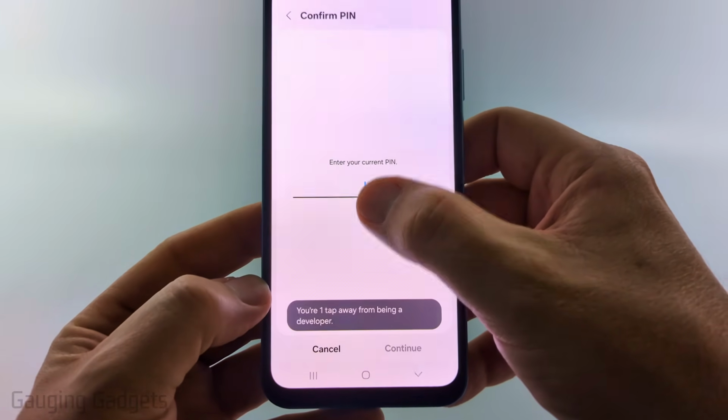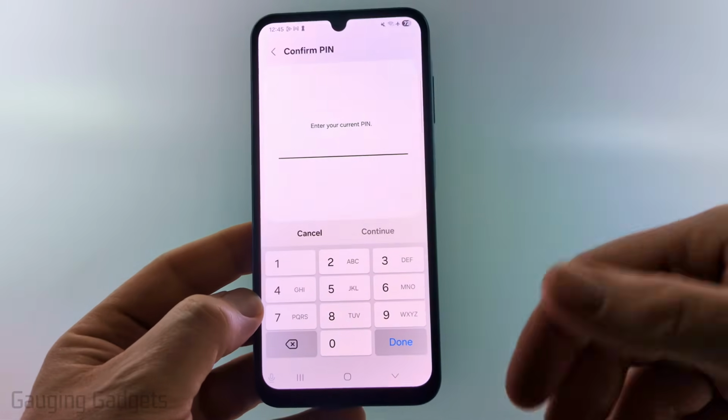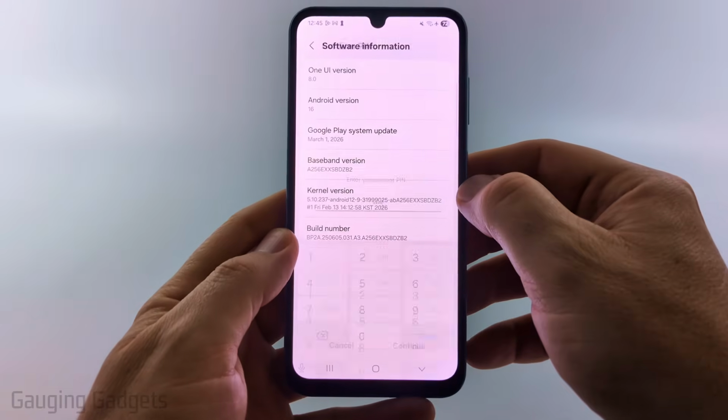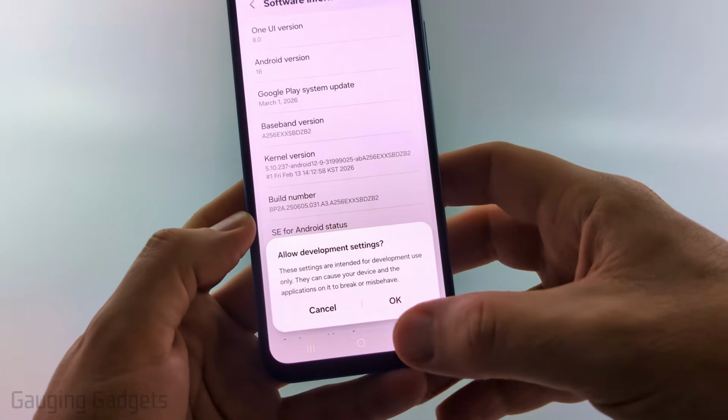You'll see it start counting down. Keep tapping until you see where you need to unlock or confirm your PIN. So I'm going to do that. Then I'll select Continue. And then as you can see, it's going to ask if we want to allow development